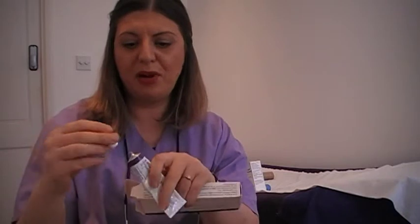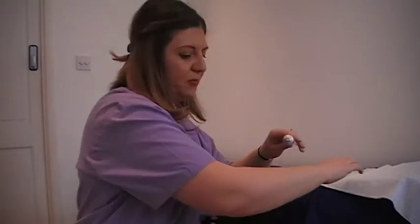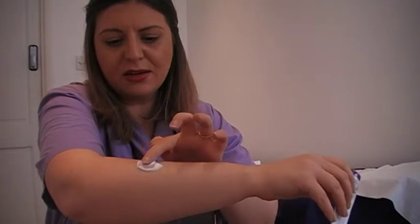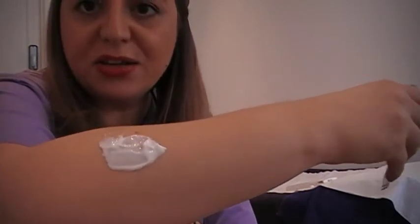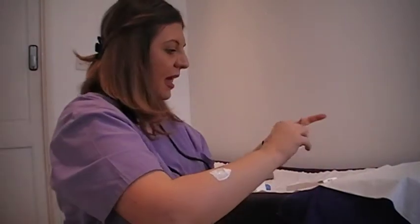You would open the tube and you would apply a thick layer, so it has to be white. Okay, I'm actually going to apply to show you. It has to completely cover the color of your skin. So this little bit, you want roughly that thickness. Can you see? You can't actually see my skin underneath that. It's completely white. So you put the cream on and then,